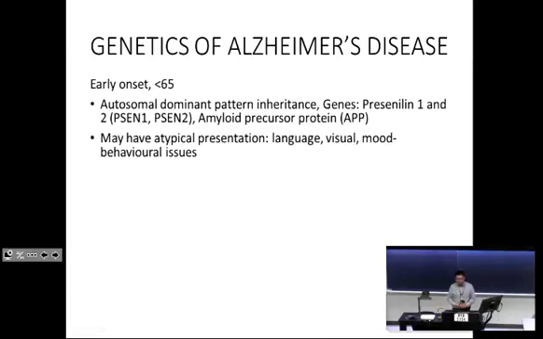Okay, genetics, early onset, more likely to be related to autosomal dominant disease. I already talked about presenilin 1 and 2, developed by one of our colleagues actually just down the street, and amyloid precursor protein, which is the pre-protein for amyloid beta. So if you have mutations in one of these genes, essentially what it does is it affects the processing of amyloid precursor protein, and so you get more amyloid in your brain, and it's not rocket science.